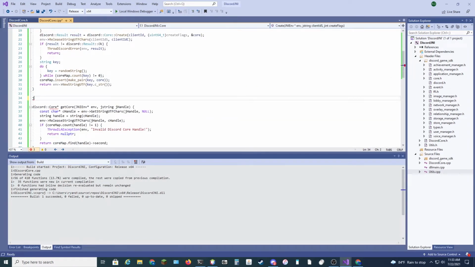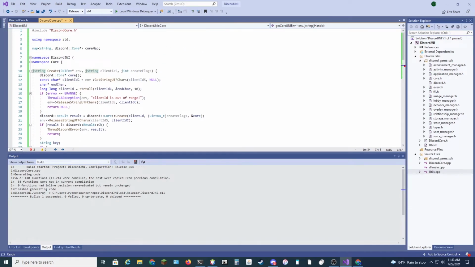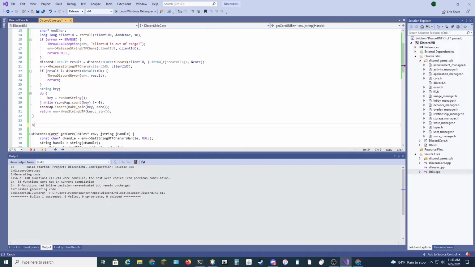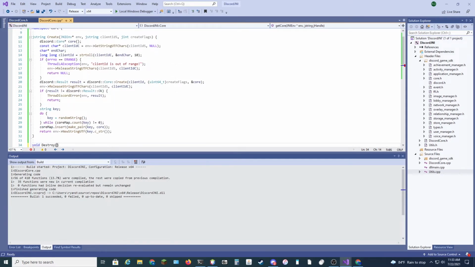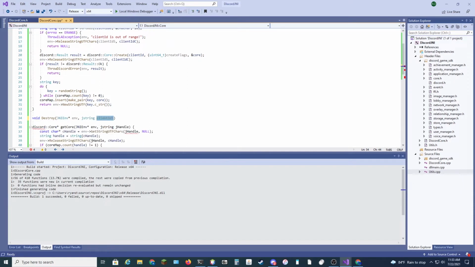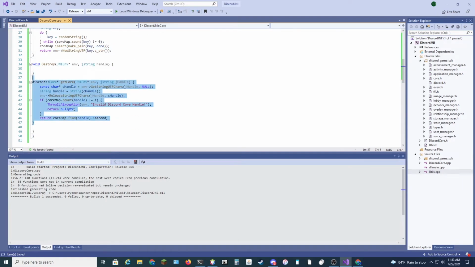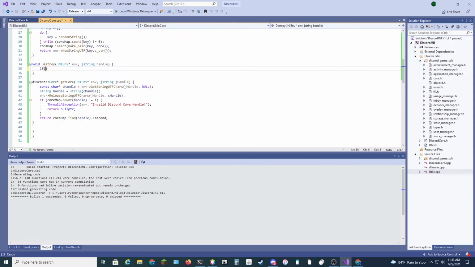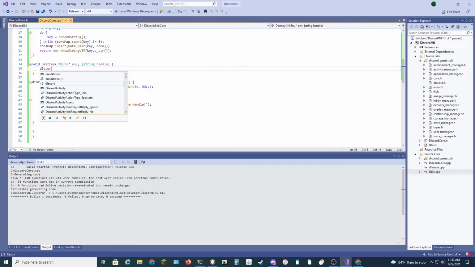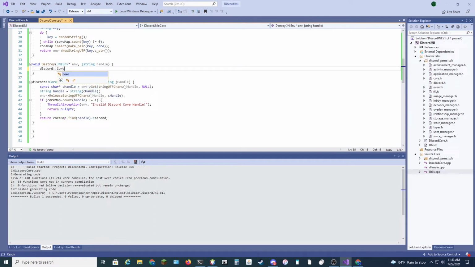two more functions that we actually need here, but we can see JString, no, void, destroy. So we now can create a method to actually delete these Discord objects when we're done with them. So essentially we will say if Discord core